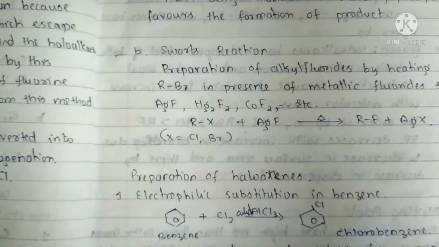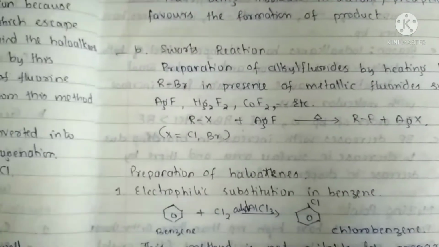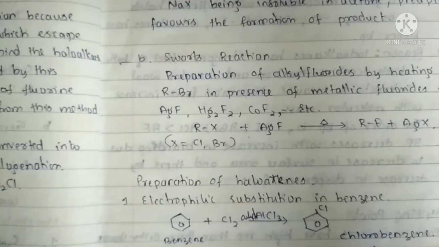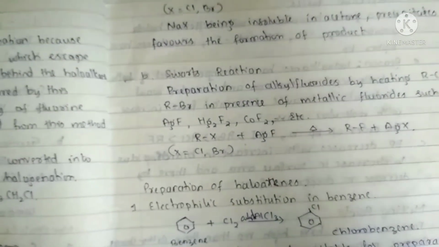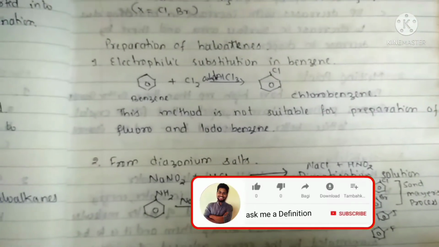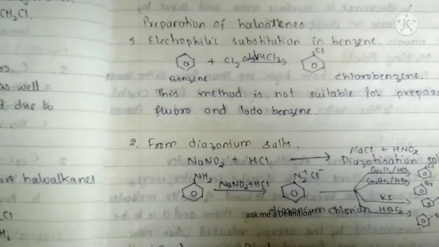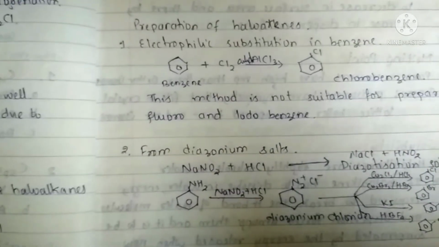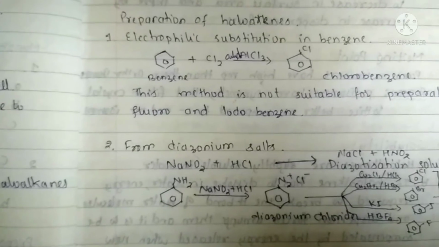So by this we are now clear with the three preparation methods of haloalkanes: by alcohol, by hydrocarbons, and by the halogen exchange method. Now we are ready to move forward to the preparation of haloarenes, which is the last part of this particular episode. In the next episode, we will be looking at properties in detail. In the preparation of haloarenes, we have two important methods. The first one,